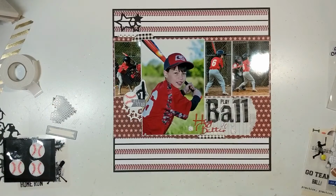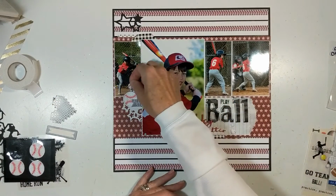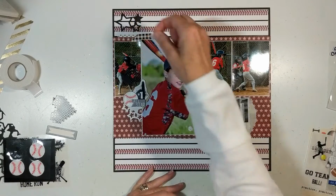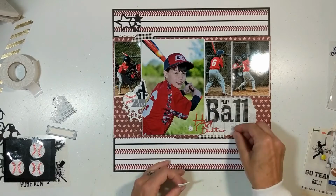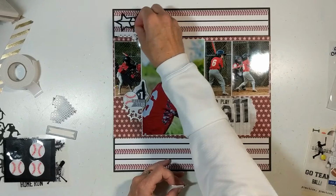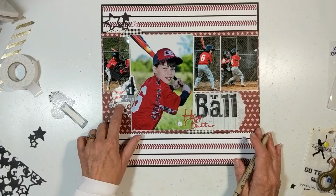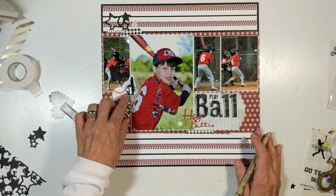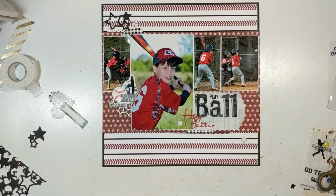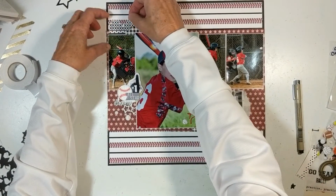And then there's that material baseball there. And then I'm taking a puffy sticker that says All Stars. And then I will take another puffy word that says Dream. I have the stars cut out, and that was in black. The opposite side's white, and the black would have looked just fine, but you saw that I reversed it. I'm adding some puffy stickers. I decided I needed to draw in a little bit more black in that cluster with those stars, so I got out my pen and I just loosely and